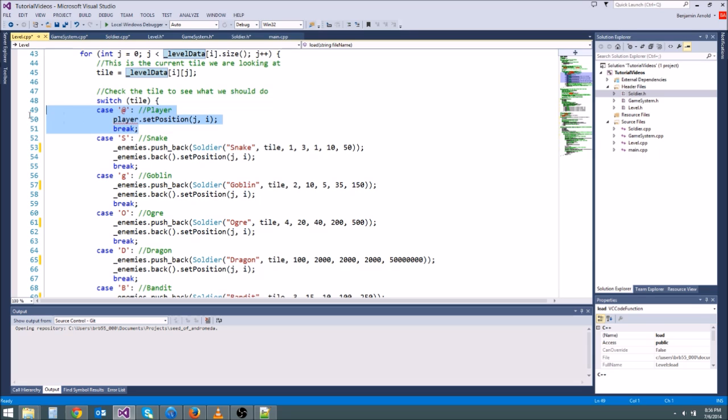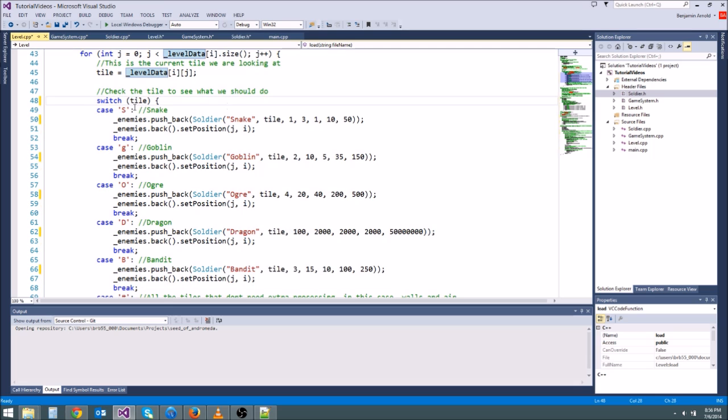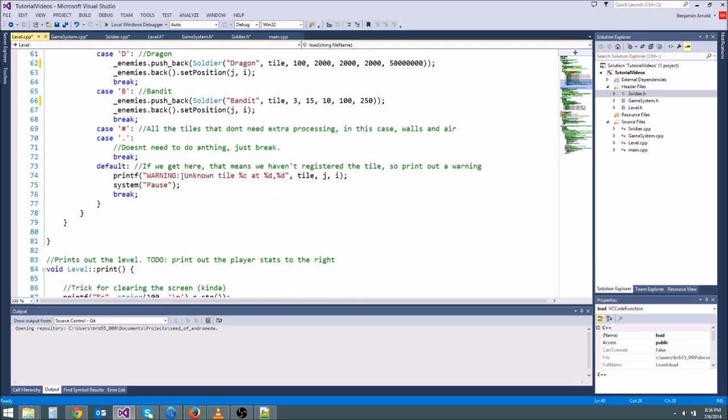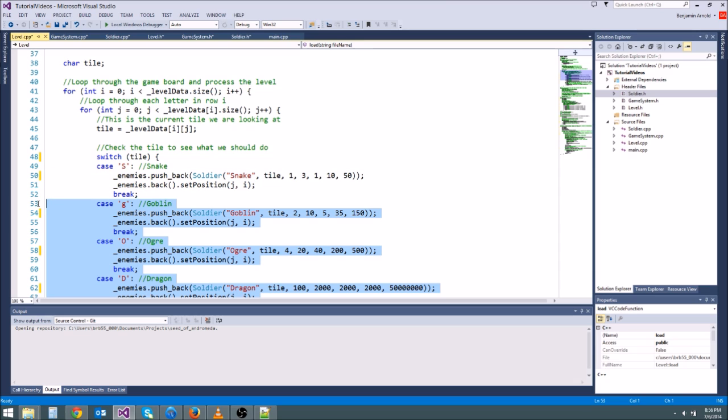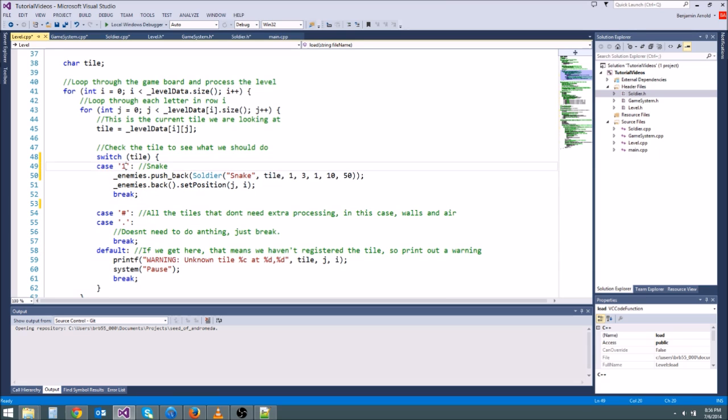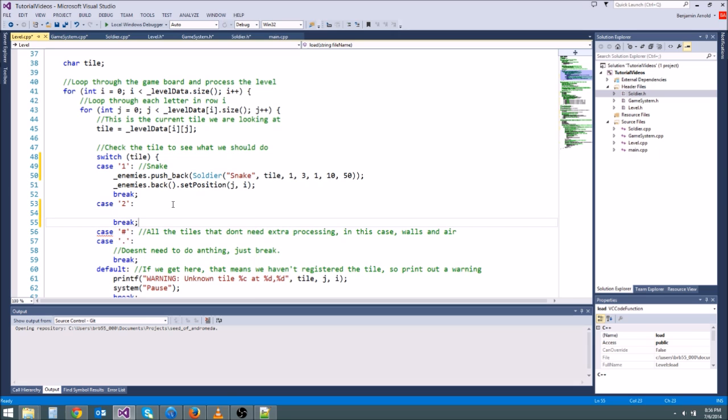All right, I'm going to get rid of player here. Goodbye. Now we don't have snakes or goblins or anything like that. We do have walls and dots. Dot is floor. So I'm going to get rid of all of this, and all we have is case 1 and case 2. Now notice I'm putting 1 and 2 in character brackets